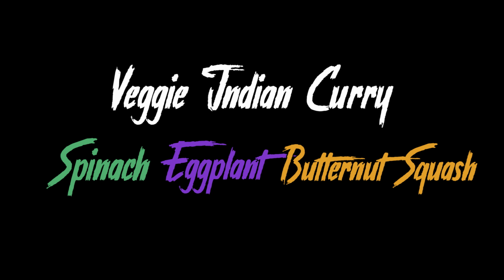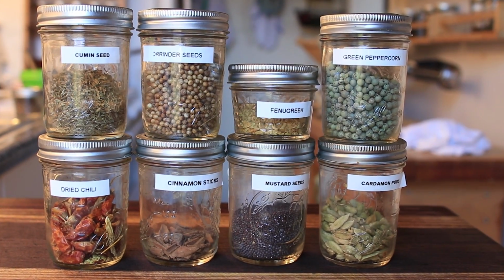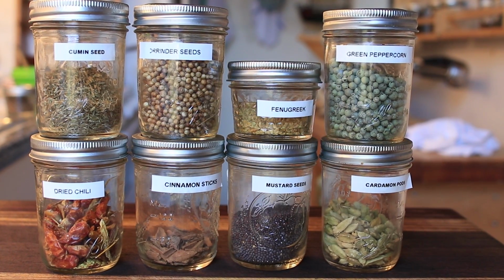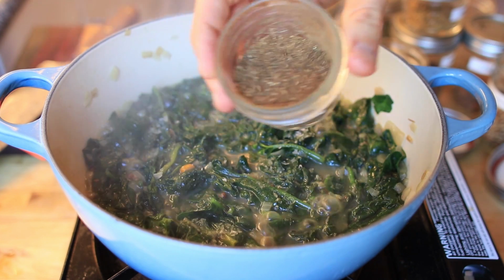There's just a few basics that we gotta cover right up front when it comes to making Indian food. Number 1, you gotta get your spice game on point. These are my favorite essential Indian spices right here that I use all the time. These are whole spices, so the seed form. Obviously you can use ground spices. I tend to use more of the whole spice, but in Indian cuisine you'll see both in most dishes. You'll see it starts off with some of the whole spice, then it moves on to ground spice later on